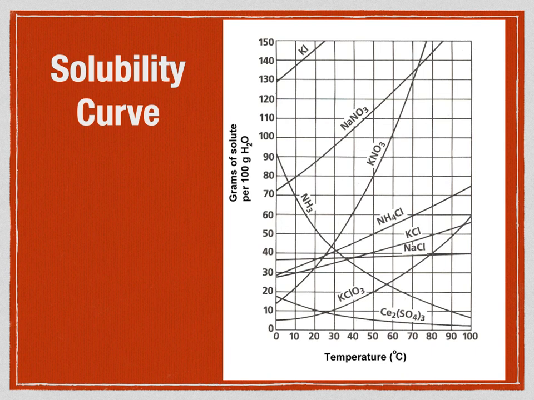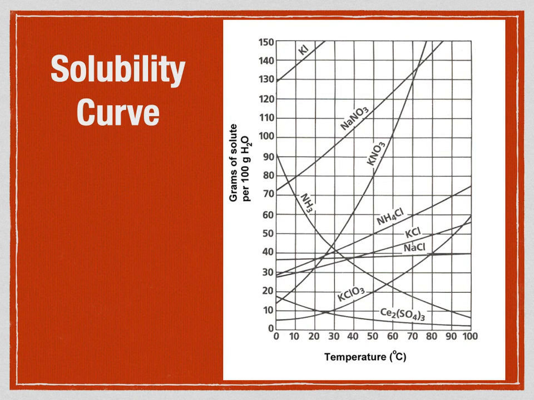So a couple of different things. One of the things to point out is that temperature has a fairly significant impact on most substances, and that there is a wide variety of solubility curve lines for different substances and how they behave when you dissolve them